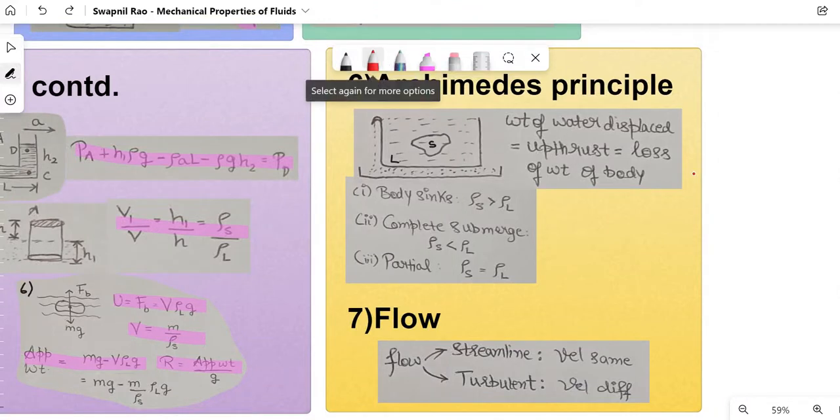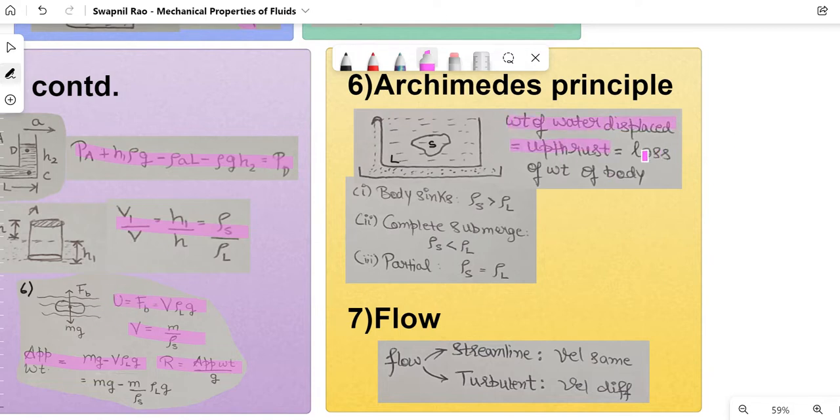It's pretty popular, like you've been learning it since maybe 9th or 8th. So this container, this flask, has a solid which has density rho s, and this is liquid which has density rho l. So when you place this solid, some of the liquid will, let's say, overflow. Like you can imagine yourself putting a mug on top of, let's say, a bucket which is full of water. So that time there will be some liquid which will be pouring. So the weight of the water displaced, which means weight of the water we just spilled, is equal to upthrust, which is going to be u from this concept,